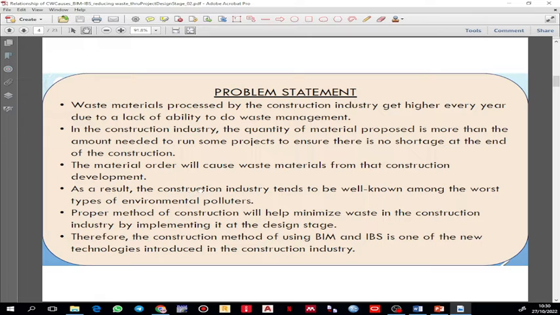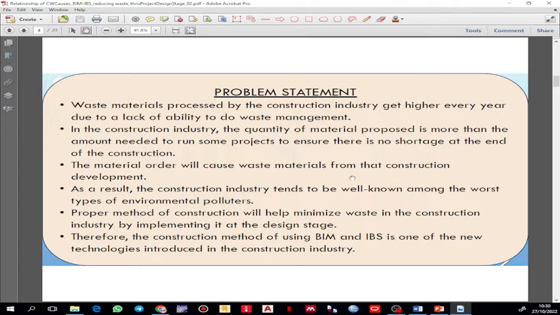Problem statement. Waste material processed by the construction industry gets higher every year due to a lack of ability to do waste management. In the construction industry, the quantity of material ordered is more than the amount needed to run some projects, to ensure there is no shortage at the end of the construction. The material over-order will cause waste material from the construction development. As a result, the construction industry tends to be well known among the worst types of environmental